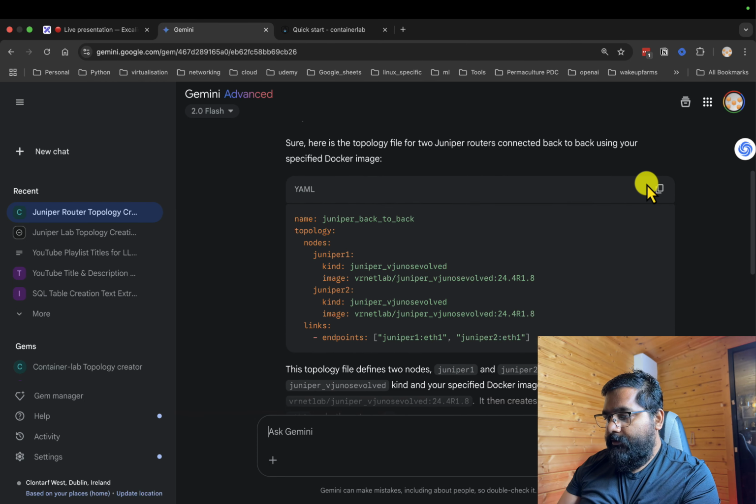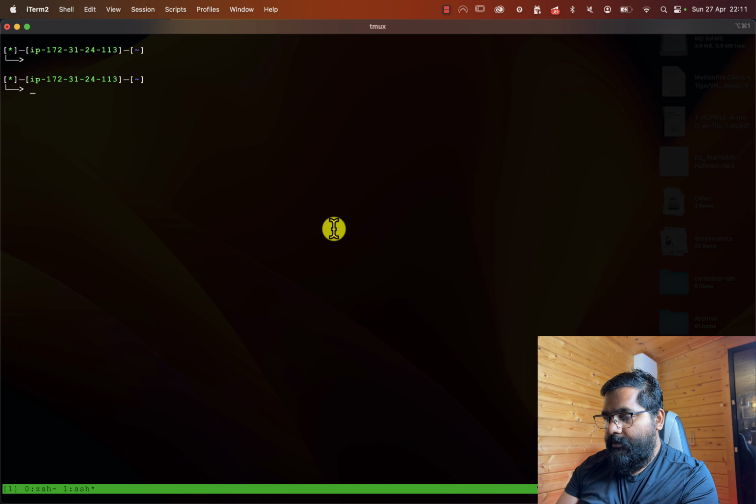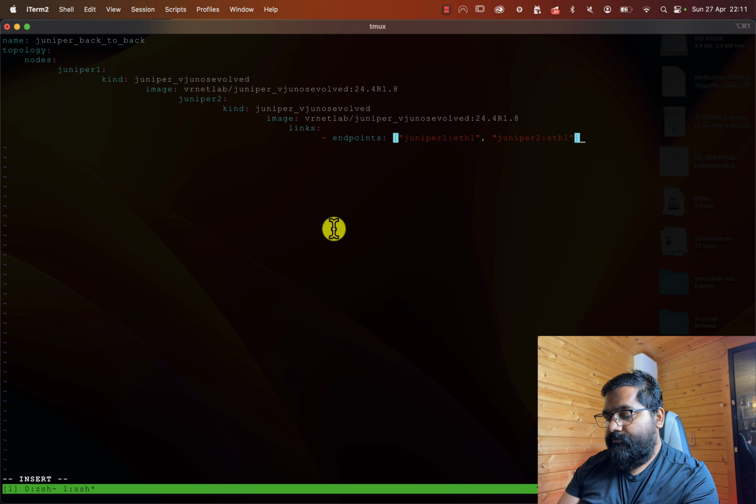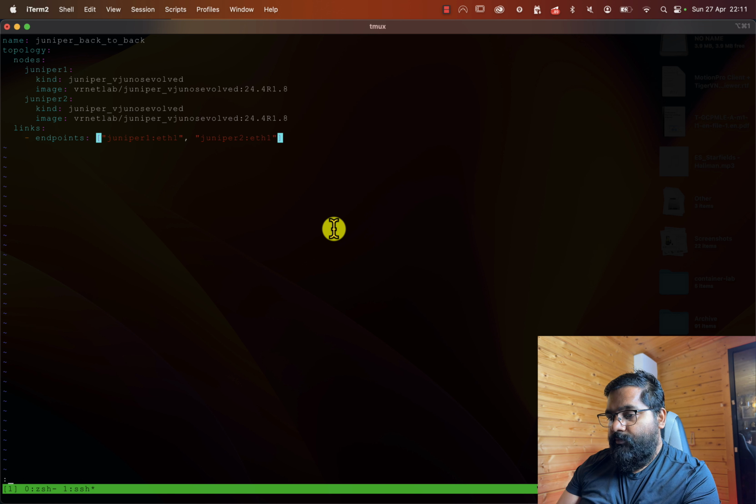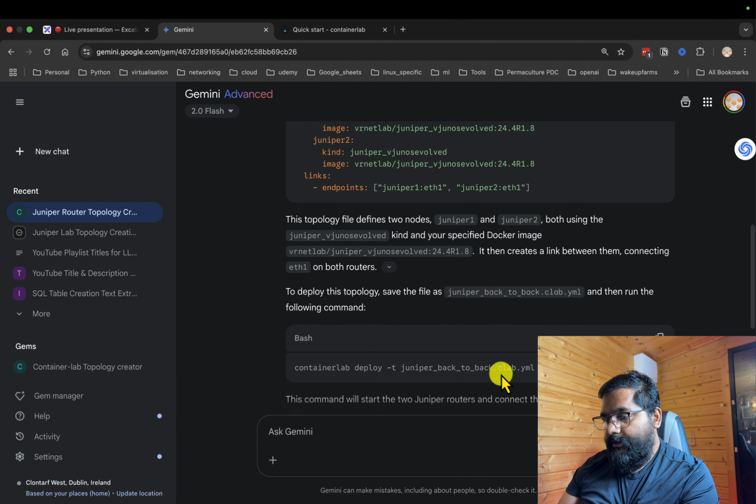So let's copy this one. Let's go here, say mkdir test, cd test. We'll say vim test.clab.yaml, and we'll paste it here, and for the deploy,